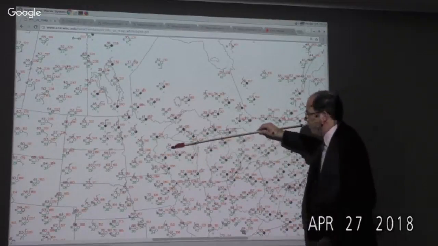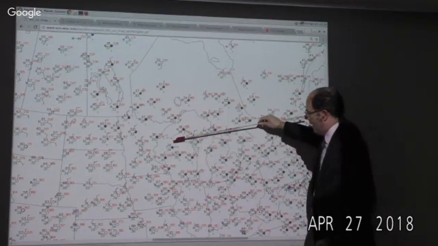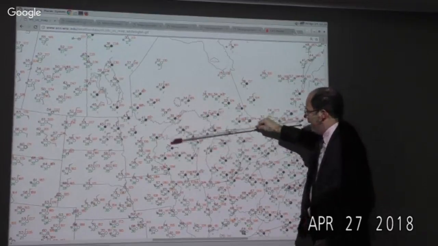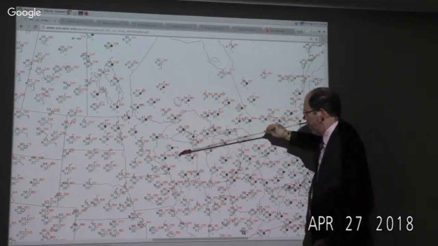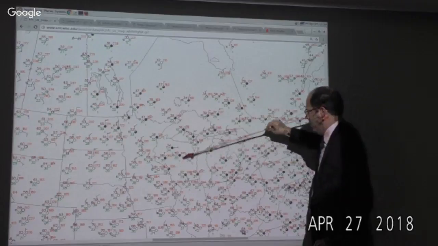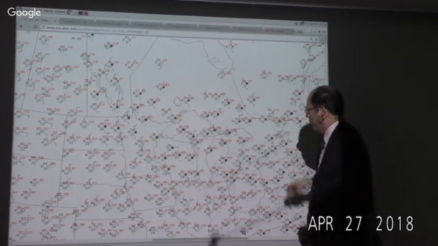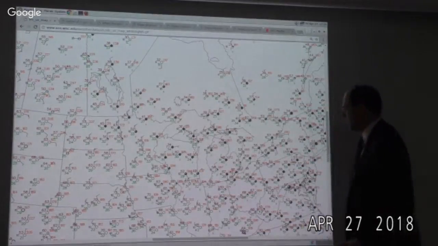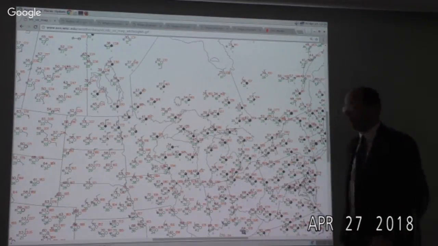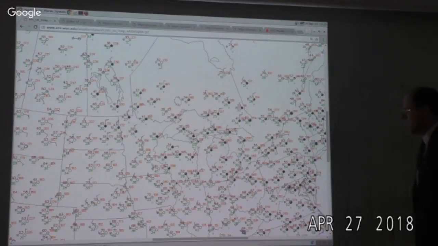Just to our north, of course, the column is closer to saturated in some of the places where it's been raining this morning. 34 over 34 at, I don't know where that is, Rhinelander, 40 over 35 in Wausau. So pretty nice evidence that it is the dry air on the southern end of this thing that's really kept us from precipitating.